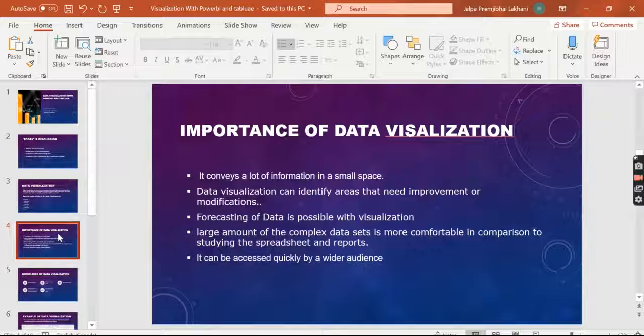The next is importance of data visualization. It conveys a lot of information in small space. Our data set takes a large space to store, while we can easily store our chart in a small space. Data visualization can identify areas that need improvement or modification. We can take action to improve our sales and profit by forecasting. A large amount of complex data is more comfortable to study in charts in comparison to spreadsheets and reports.